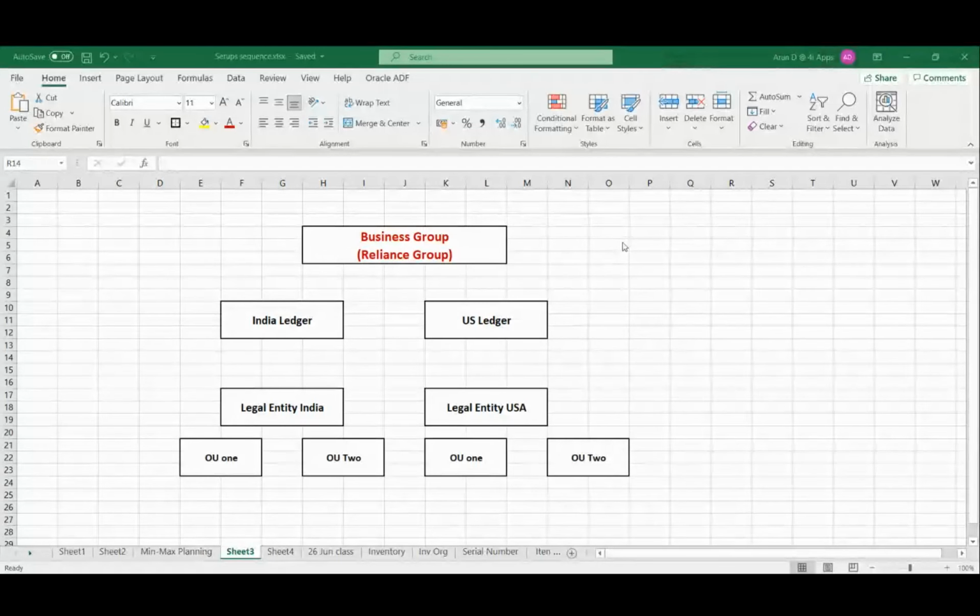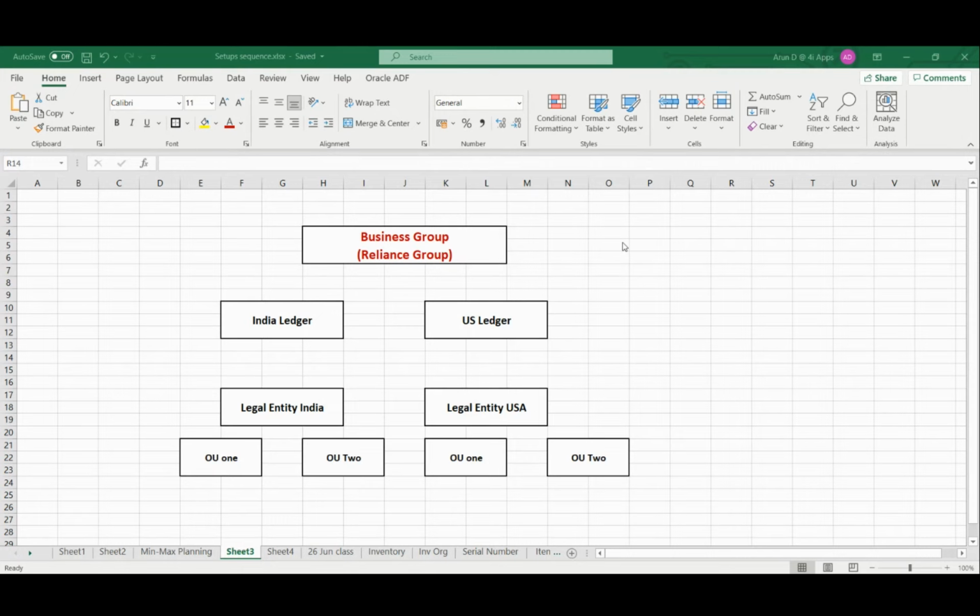Okay. So this is nothing but the enterprise or organization structure, which means whatever company we are implementing Oracle for, probably HRMS only or HRMS with payroll processing. Any company will have its own set of structure, how they want to manage their business or how they want to take out reporting and other aspects. Okay. So in this part, what we need to understand with respect to payroll processing is